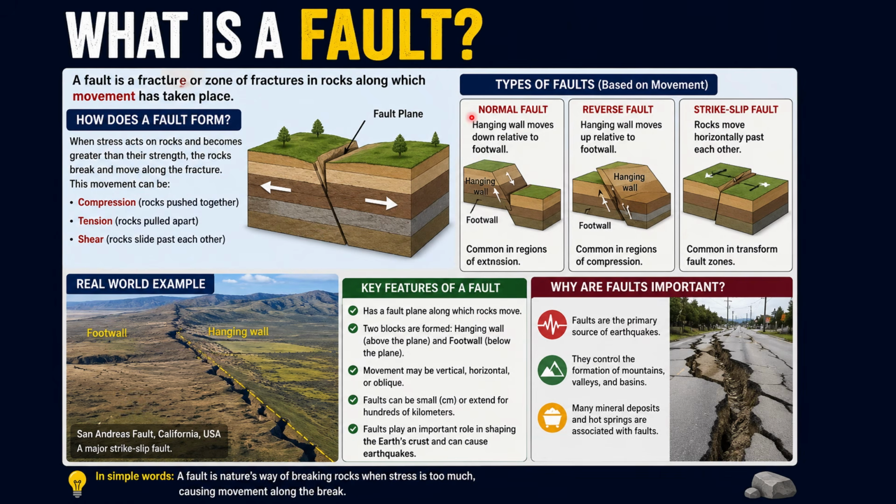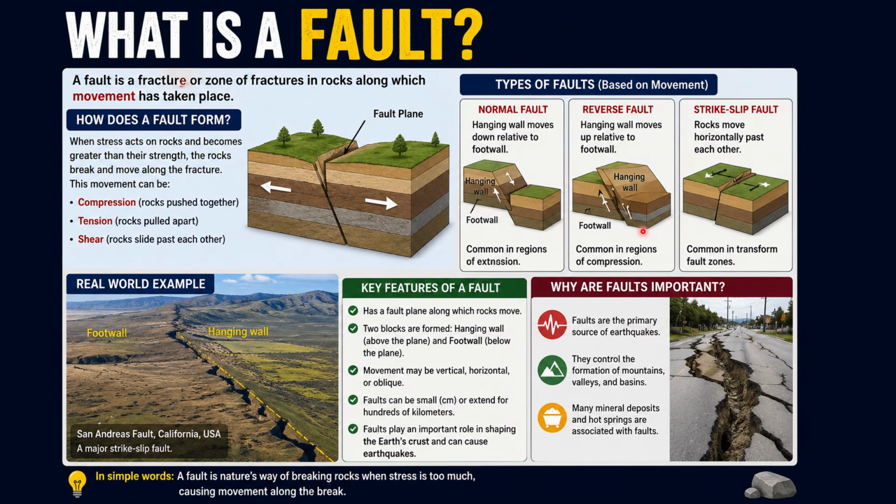There are three types of faults: the normal fault, reverse fault, and strike slip fault. The development of a fault is linked with three different mechanisms: compression, tension, and shear. When compression occurs, both the blocks move towards each other. As a result, the reverse fault is developed, in which the hanging wall, but let me clear what is a